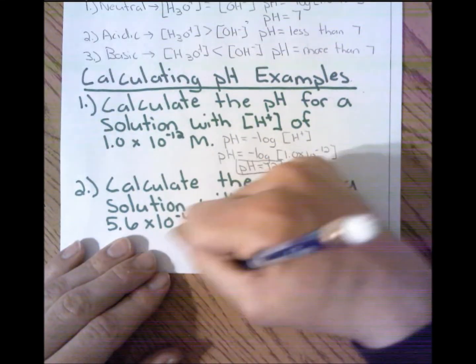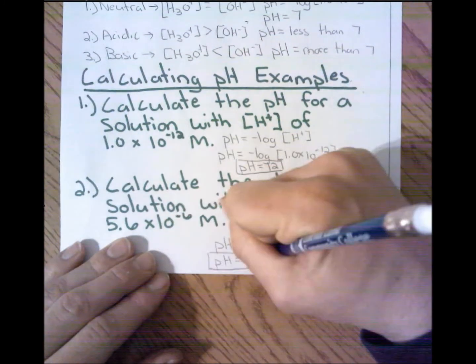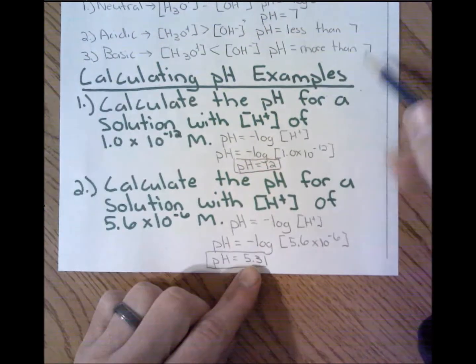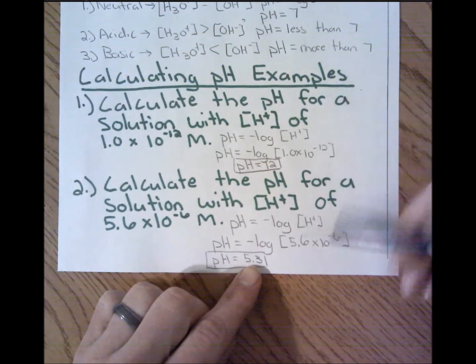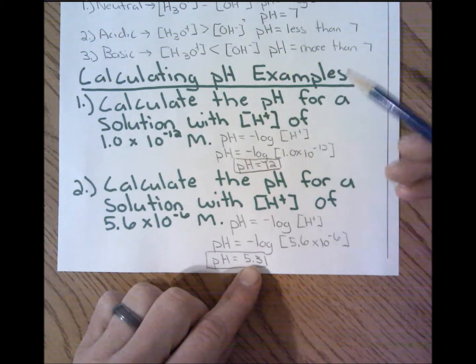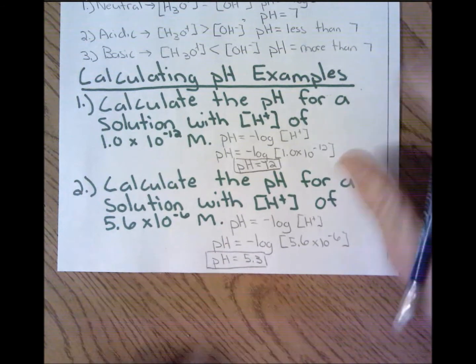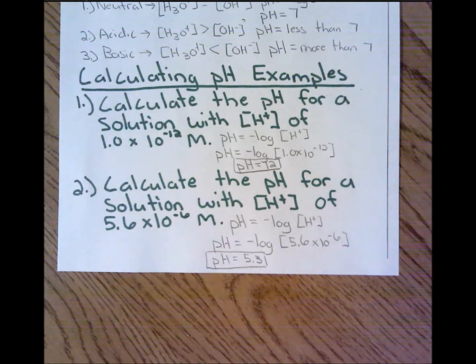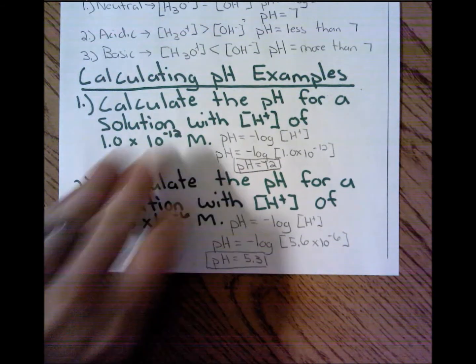Now, this solution is acidic because 5.3 is less than 7. So this is acidic. Up here, this pH is 12. It's more than 7, so it's basic. All right, so now that we have a basic understanding of the pH, we can move on to the